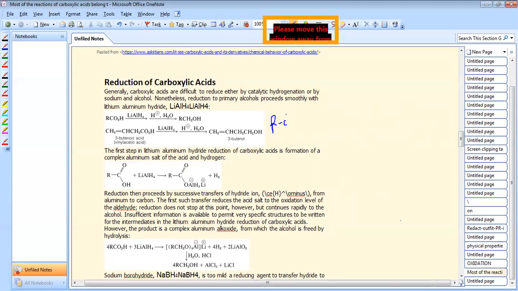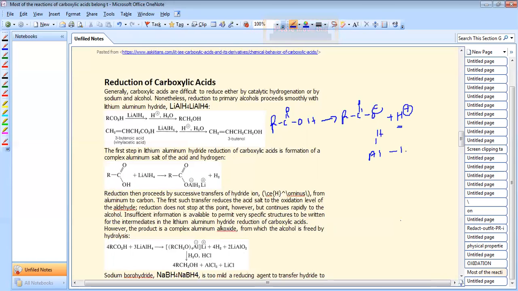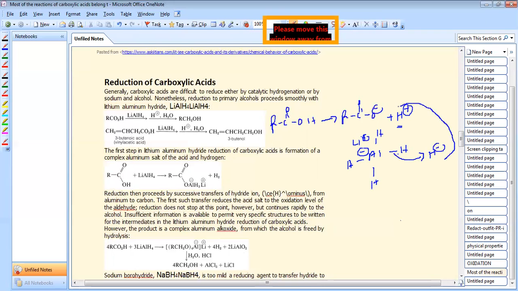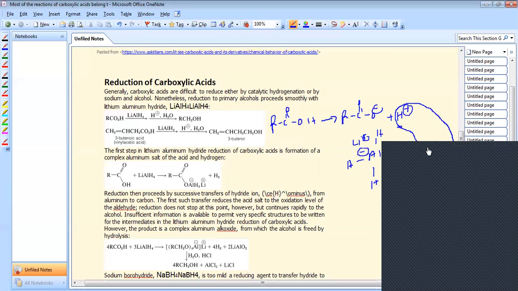The character of an acid is releasing H plus ion. When it releases H plus ion, it gives a carboxylate ion. Next, this H plus ion readily reacts with aluminum hydride. This is the lithium aluminum hydride structure. Aluminum and boron both belong to the third group, so aluminum acquires a negative charge, and that's why it acts as a source of H minus hydride ion. This part will be eliminated as H minus. This H minus will take up this H plus to form